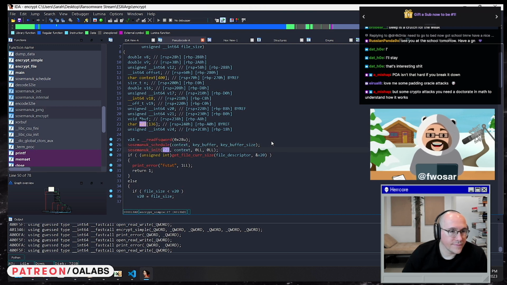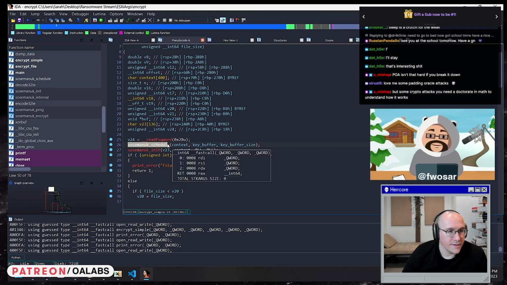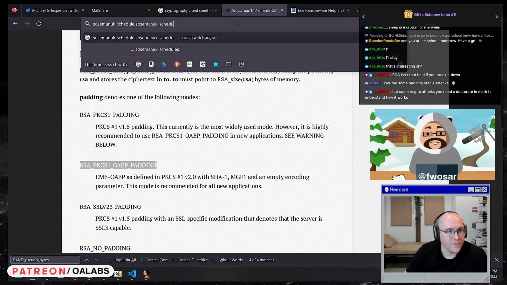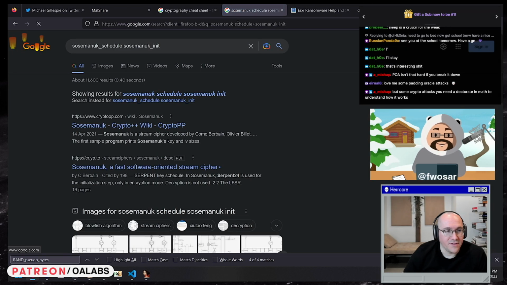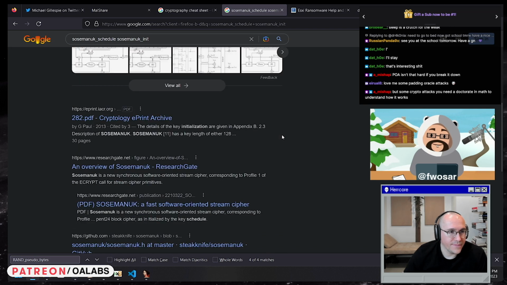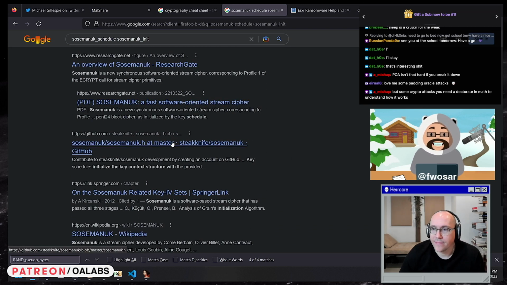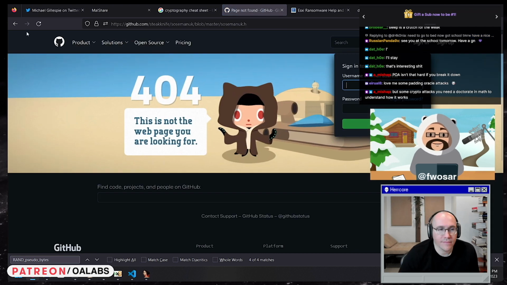Then we have this init thing. I wonder if we can actually find the docs for it. I'm not familiar with this cipher at all. Never seen it before. As I said, the only ransomware family that I am aware of that uses